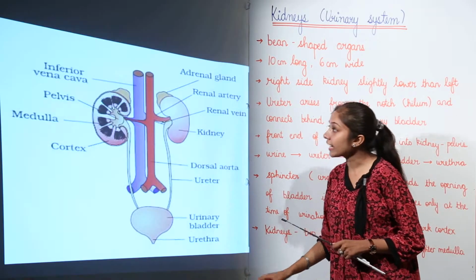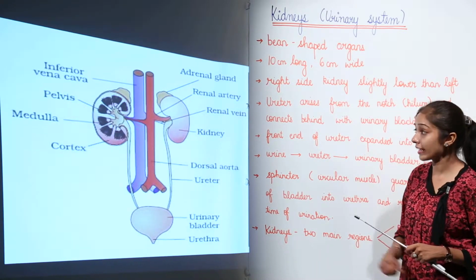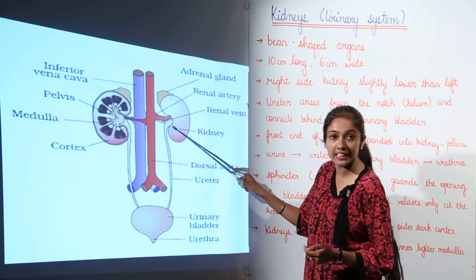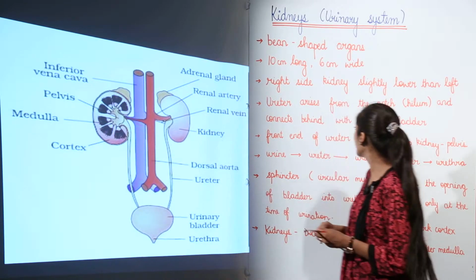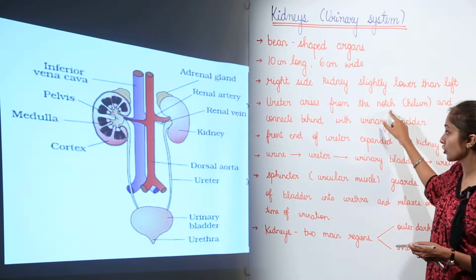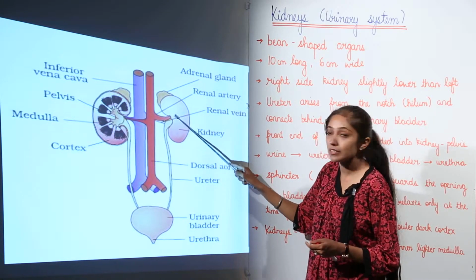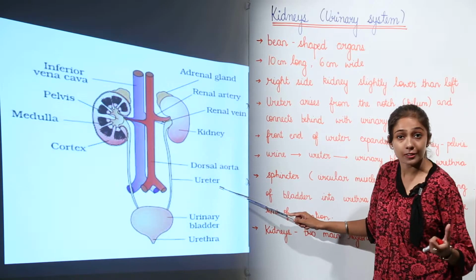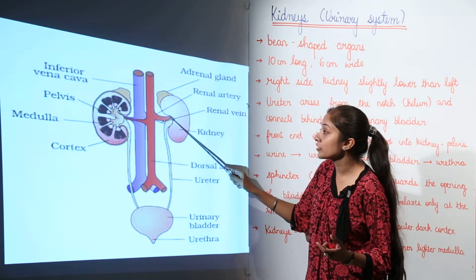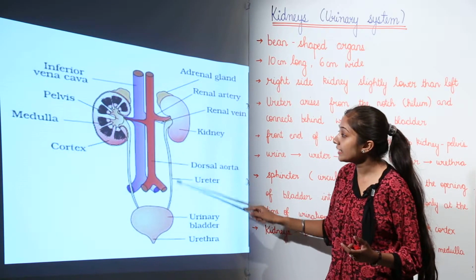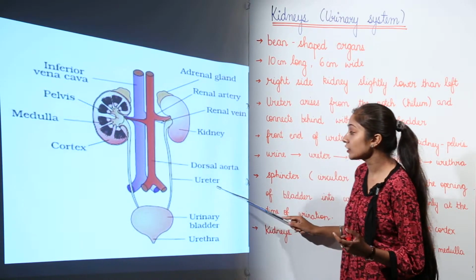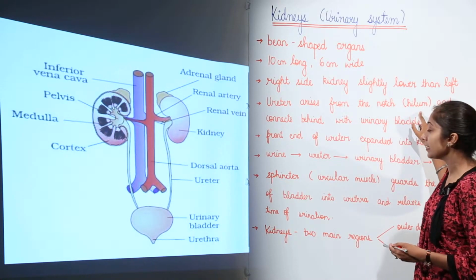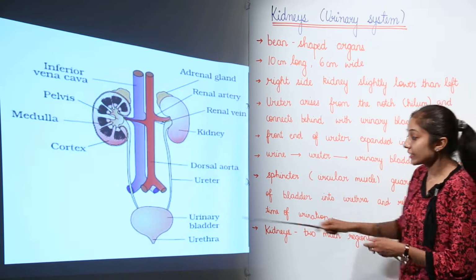Now when you look at the diagrammatic explanation of this, an image like this, you will see that from this median portion of the kidneys, which we call hilum, it's a notch. From this notch, a tube arises, and this tube is known as ureter. From each kidney, from its notch, this tube arises, and it is known as ureter. So ureter arises from the notch, which is known as hilum, and connects behind with the bladder,